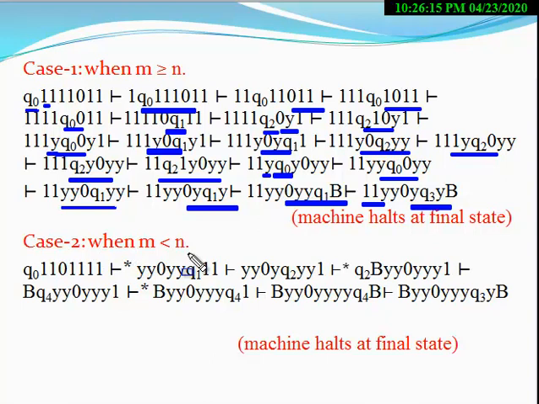When m is less than n, the output should be 0. So you have to think how the output will be 0. Now consider this. At the state Q0, here 2, 1, here 4, 1, the output should be 0, right? So again the machine at the state Q0 moves to the right direction, right?